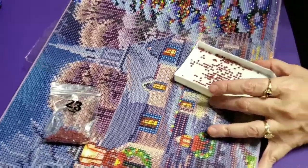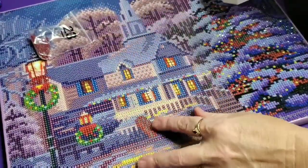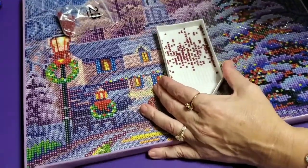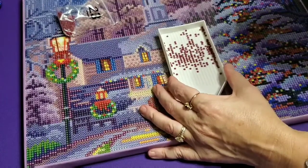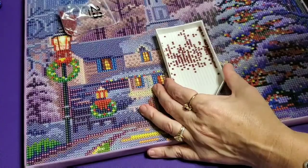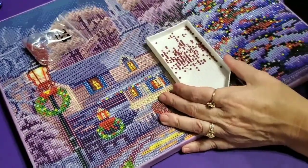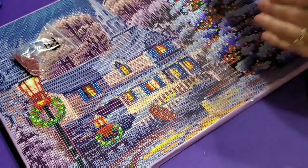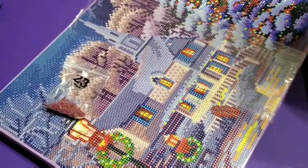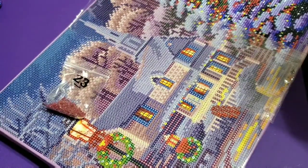I'm going to turn this. I know you guys are going to get weird angles, but I'm working on this part of the tree over here and it's hard to see. It really is because it's really dark and you can't put a light pad underneath it. So I'm trying to get it at an angle where I can see what I'm doing. Thought I'd work on tees because I could see them pretty good, but I don't know. This corner's just dark. It's hard to see. Anyhow,